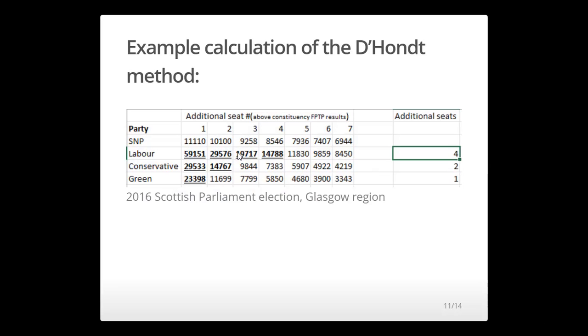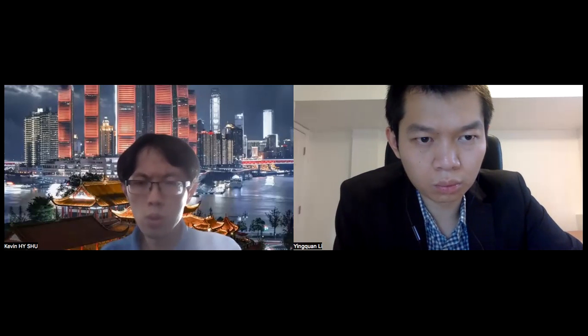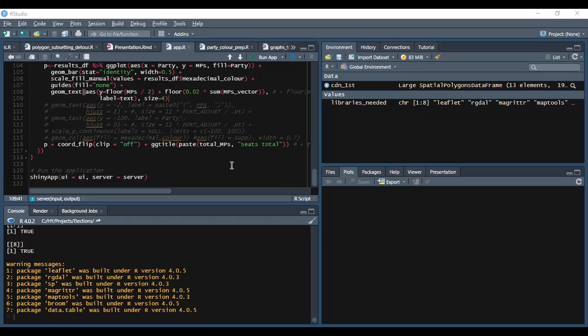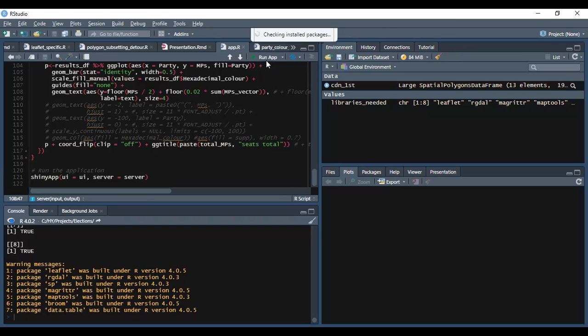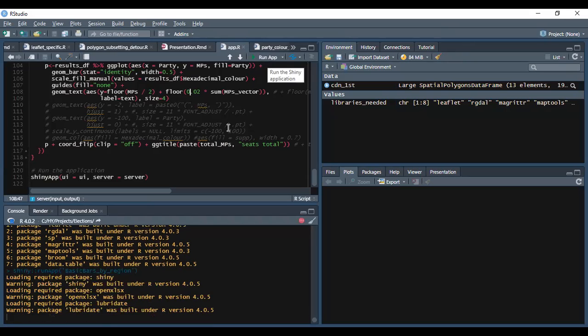So that's the app demo. Not going to go into the basics of how to create a Shiny app. There are plenty of tutorials online, but